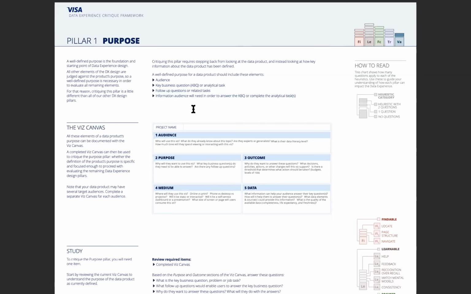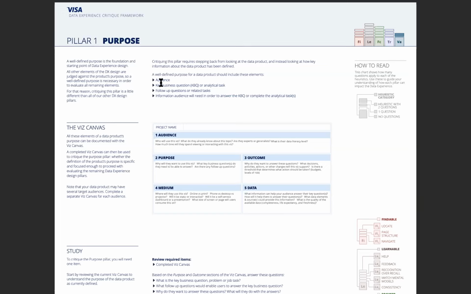So the purpose, I'm going to focus on the interactivity pillar, but the focus pillar, I'm going to show you real quick, just because it is quite a bit different than the other pillars. And also it is really foundational for all of the other pillars. So this is where we define what we want to achieve with the visualization, but try to phrase it from the user's perspective.